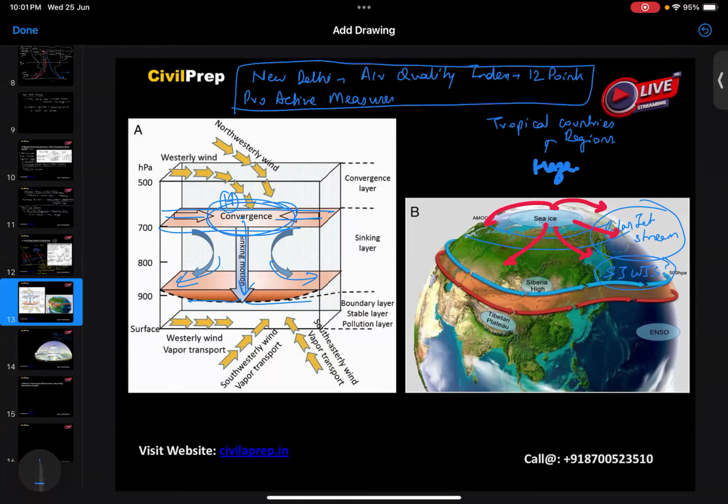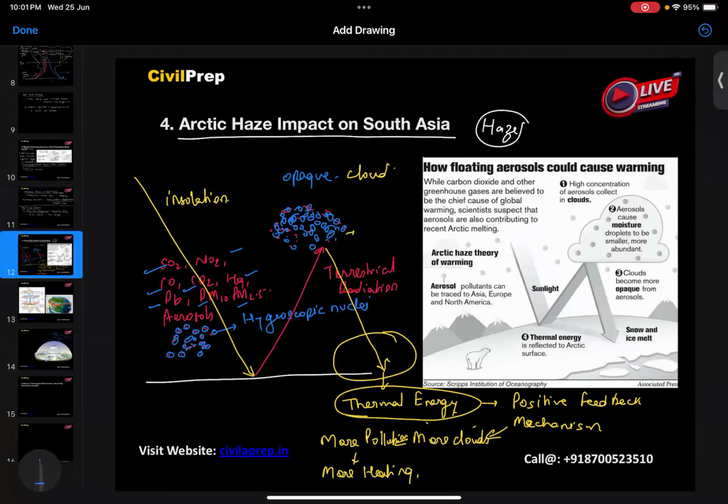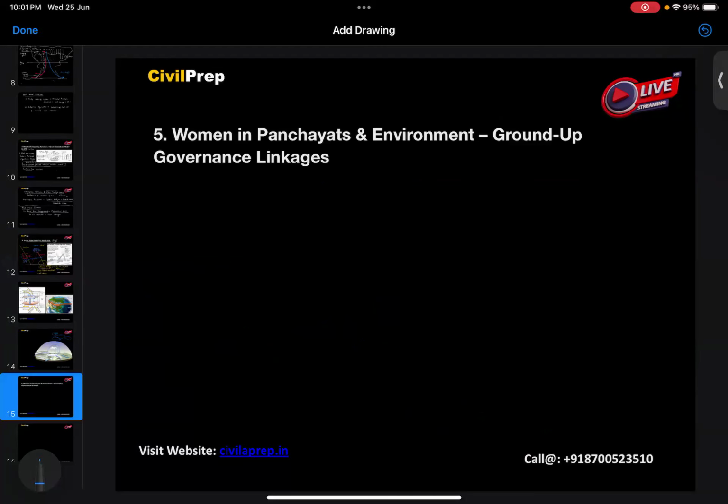Okay, so this is one of the cases with respect to the haze in the Arctic region and how it is impacting the region of South Asia. Now, moving to the next case, the women in panchayats and environment ground up governance linkages. Now, what we will see here is that in India,